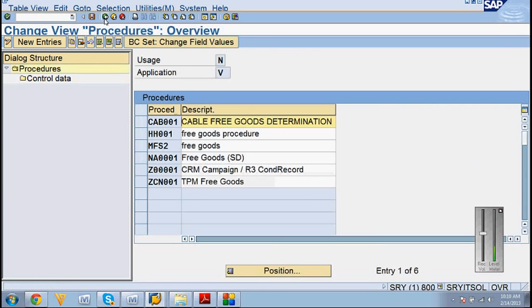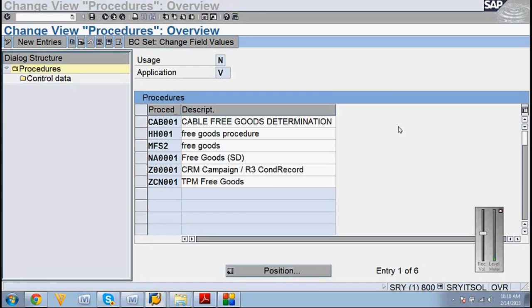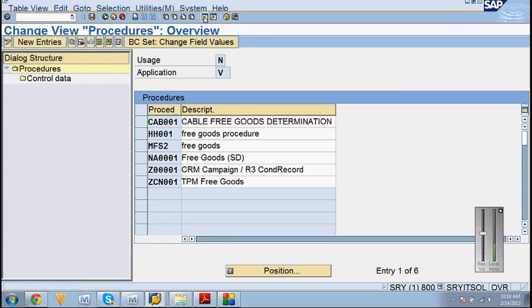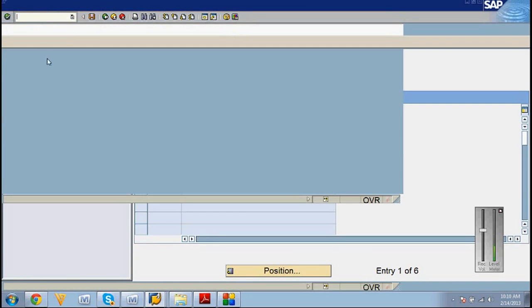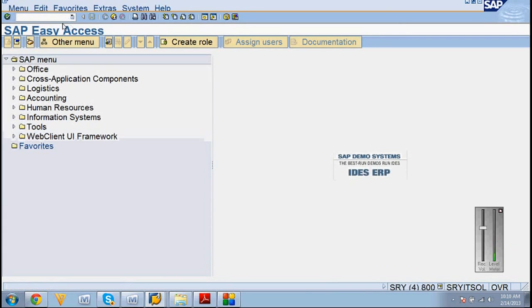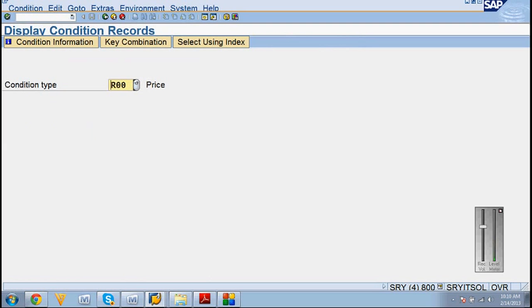So if I go to NA00, because it's a condition type, right? So let me see VK13, double zero.